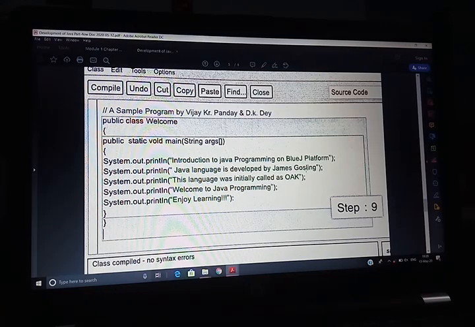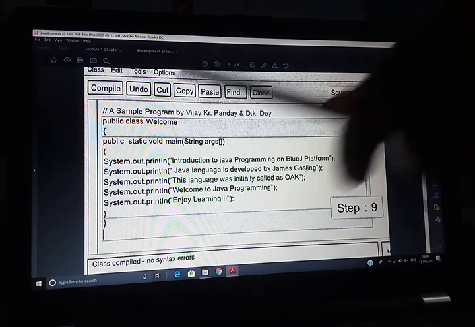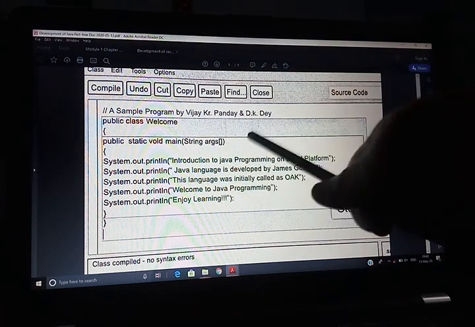Then next, public. It declares that the file has no restriction. Then static is a keyword. Then void indicates that main will not return anything. Then String args, args stands for arguments.